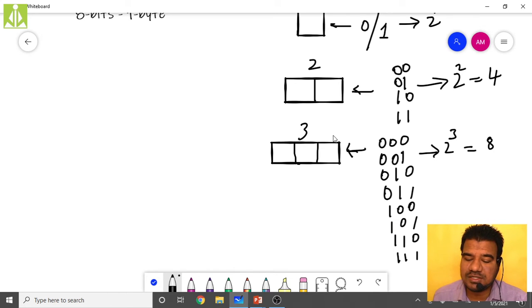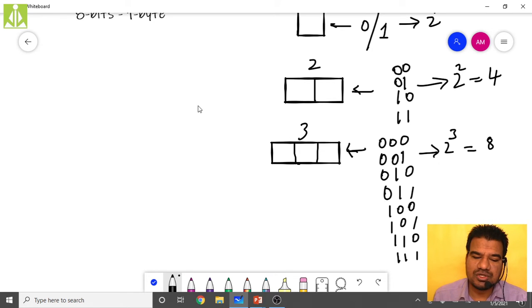So for the number of bits, simply take it to the power of 2 to get the range of values. So in these 3 bits, this much range of values I can store. Hopefully you understood. This is in the case of unsigned. Unsigned means we are not allocating any bit for sign.